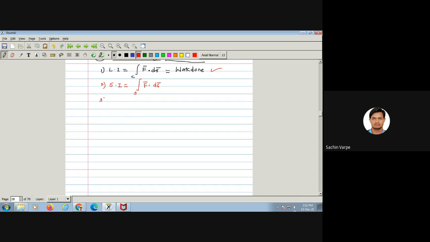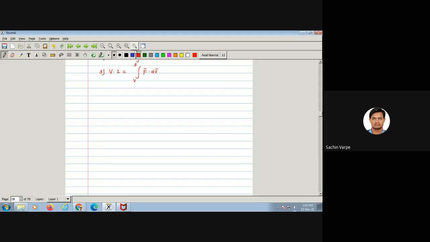And the third one is triple integration as a volume integral. It is actually integration over the volume V of f bar dot dv bar. Okay. So we have seen the relations between these integrals. The first is Green's theorem. It says the integration over the closed curve C of m dx plus n dy is the surface integral over the surface S of (dn/dx minus dm/dy) dx dy.